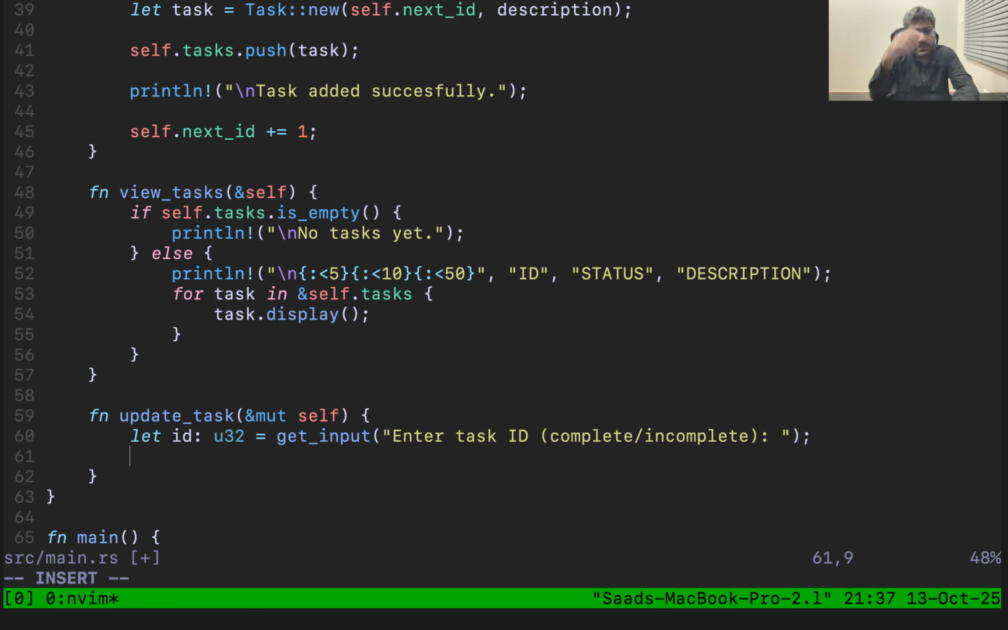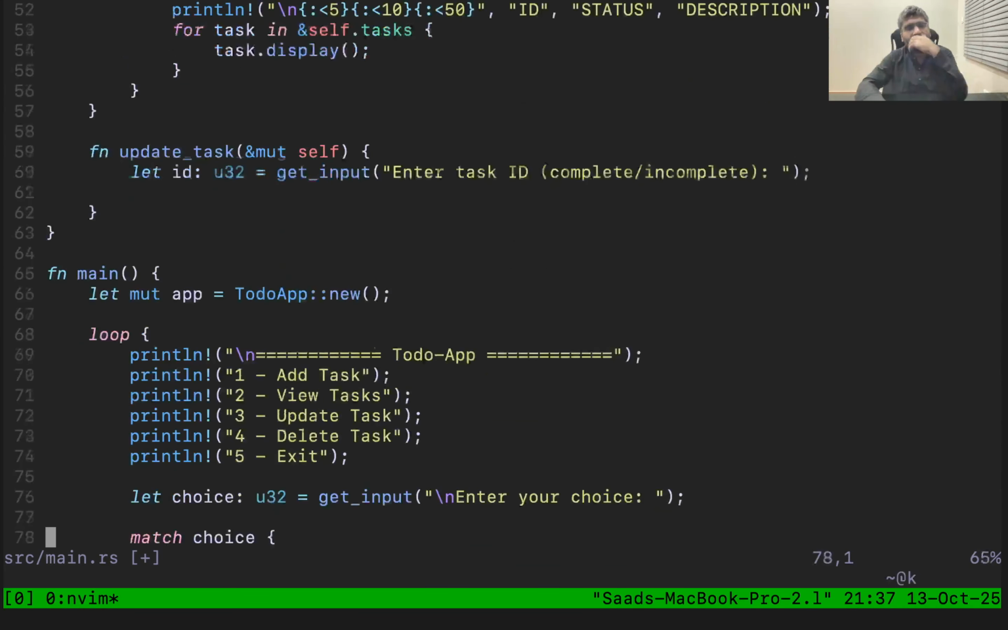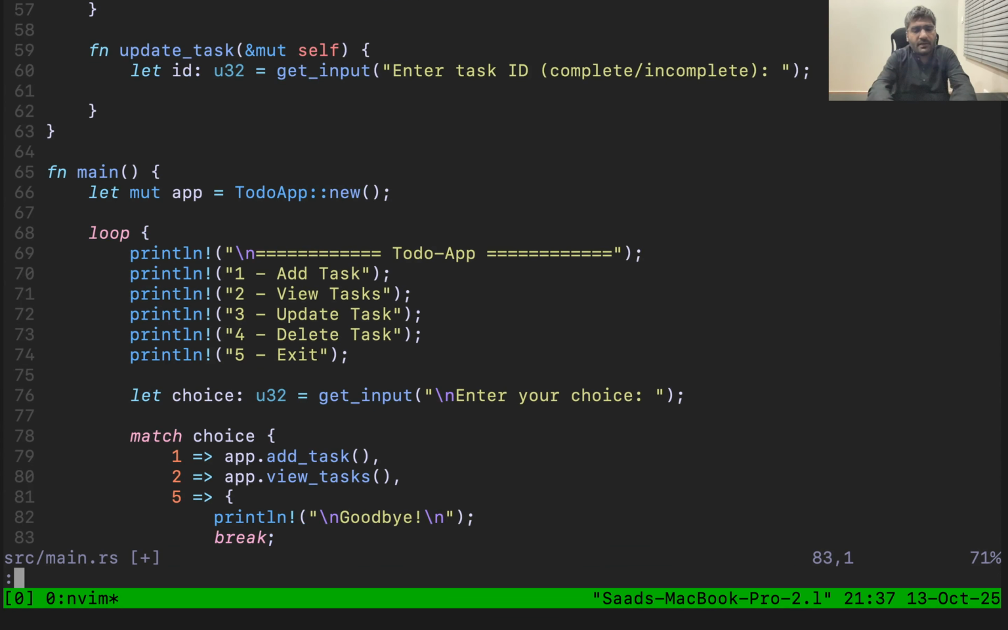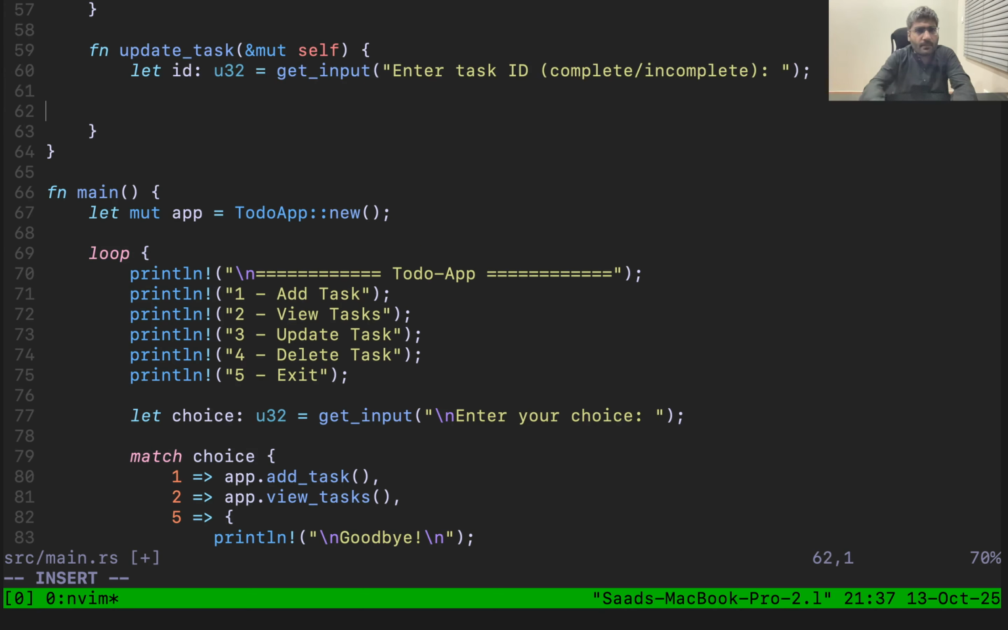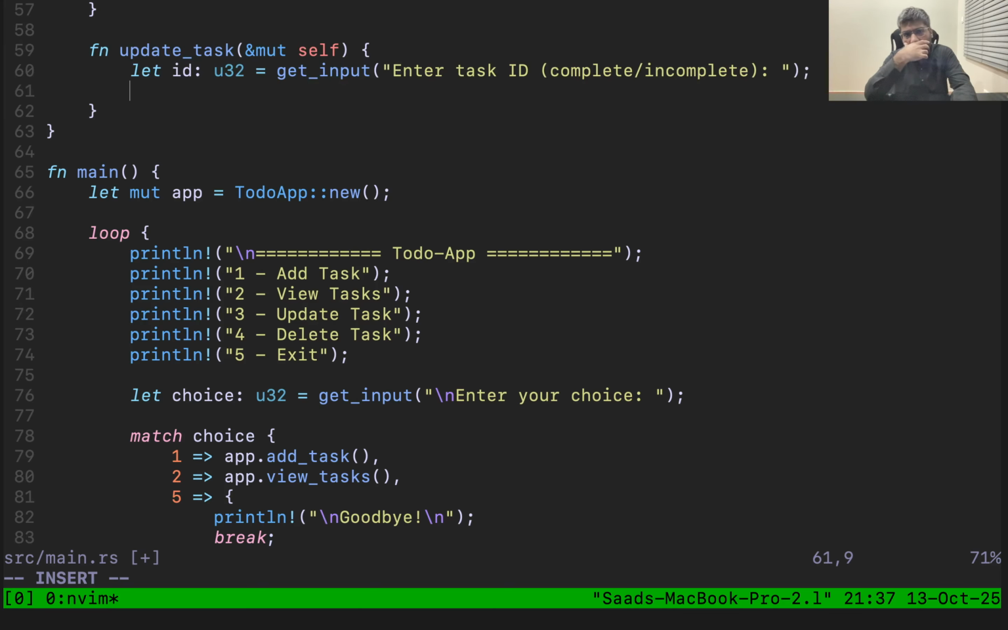Okay, so we got the ID now. So what else do we need to do now? We have the ID, and now we have to find the task. If the task is found, then we will need that ID. We will compare it with it, and we will toggle the status of that ID. So for that